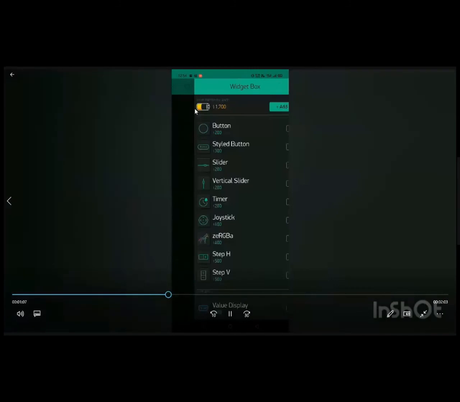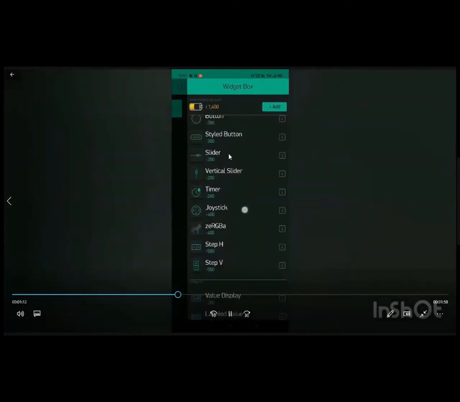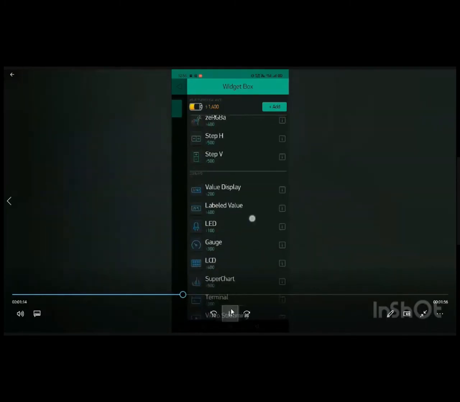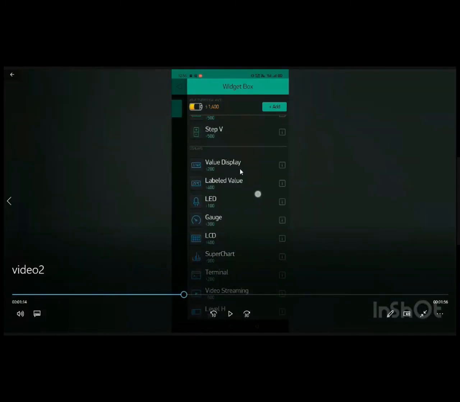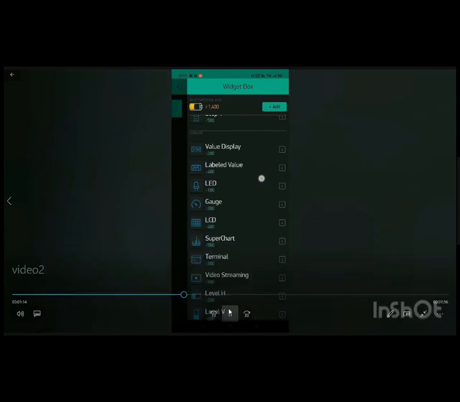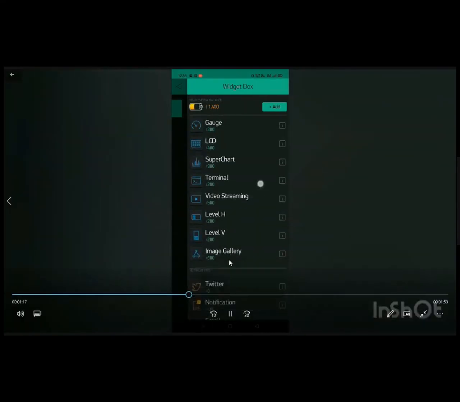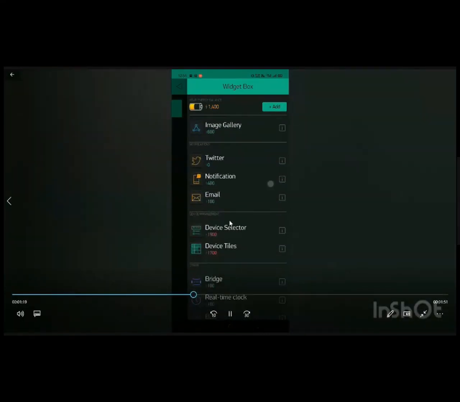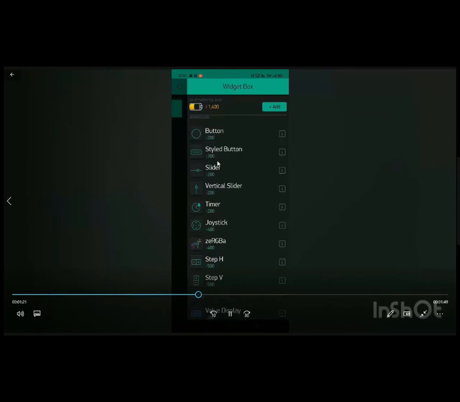You can see that there are buttons, style buttons. So I have added a button. I'll show you what two buttons are added. Right now here you can see that multiple things are there. For example, you can add a display, you can add a LED, you can add a gauge, you can add a LCD here. So no need of buying LCDs or displays for checking all these things. You can directly use these displays also. You can add image, you can add Twitter account and everything to it. So we have added two buttons to our